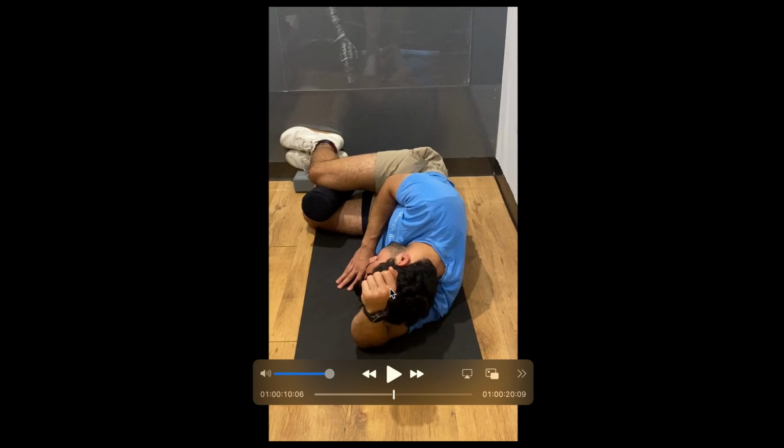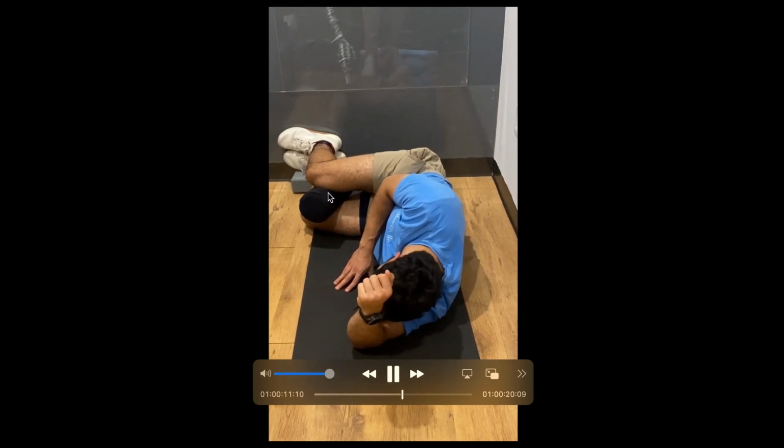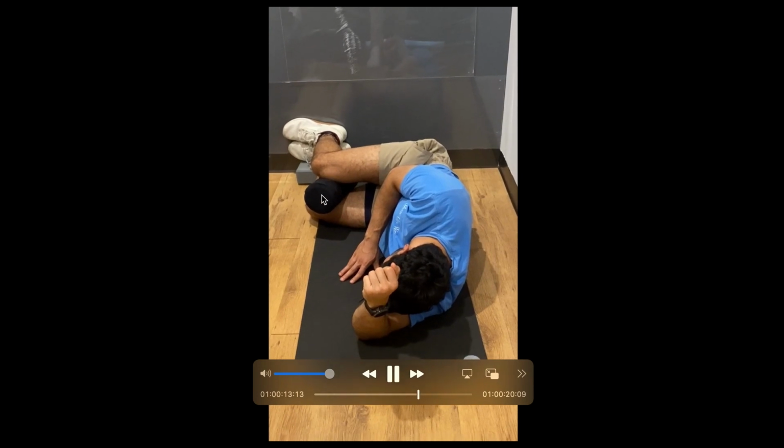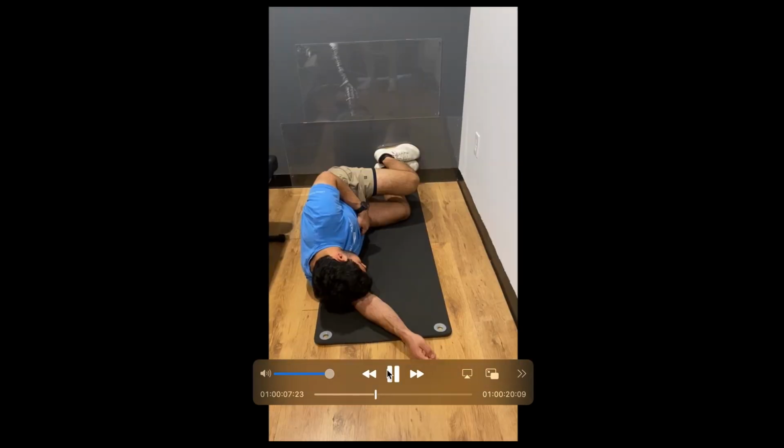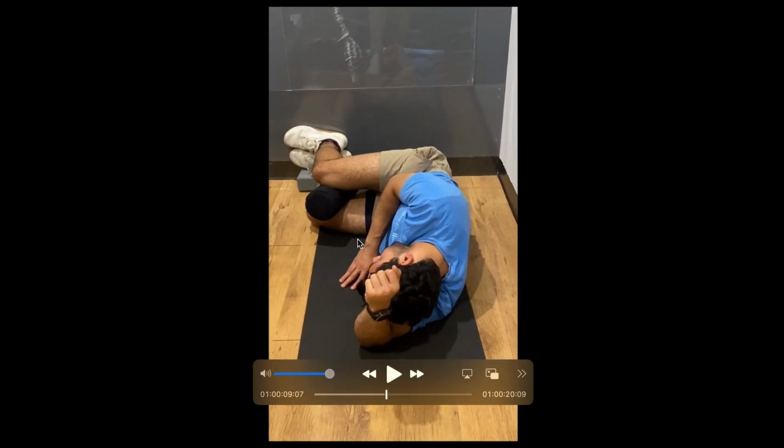Now from here, we're laying on our left side and we're going to do something different. We're going to pull or push this knee down towards the ground. What he's doing here is pushing. He's already done it. He started from kind of a pushed out position. He's going to pull that knee down into this little roll here, and then he rolls that hip back in